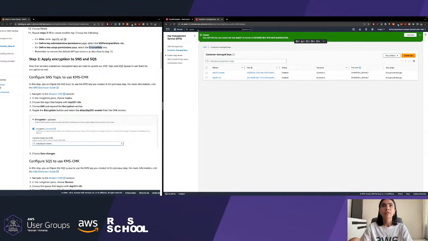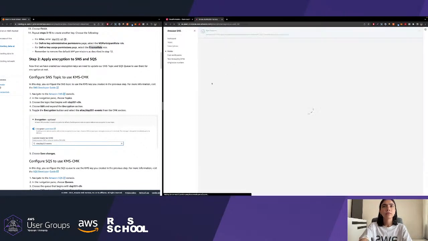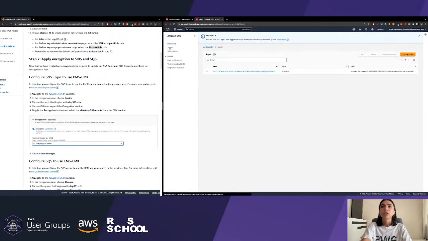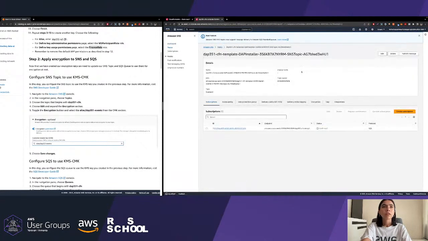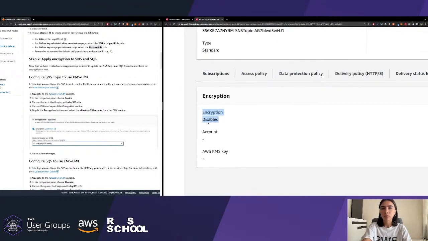Okay, for that, obviously head to the SNS console, hit the topics, and in the encryption tab here, you can see that encryption is disabled by default.